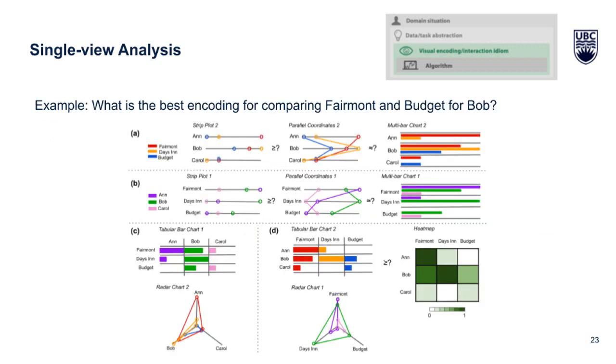As an example, let's compare Bob's alt scores for two hotels. The best encodings, shown in Group A, place the marks on a single axis or region, rendering the comparison trivial. Effectiveness is reduced in Group B by spreading the marks to be compared across axes or regions, and it is reduced in Group C by reducing precision with compressed regions or by introducing uncertainty with unaligned axes. Heat maps are included in the least effective group since differences in saturation can be difficult to detect for non-adjacent regions.